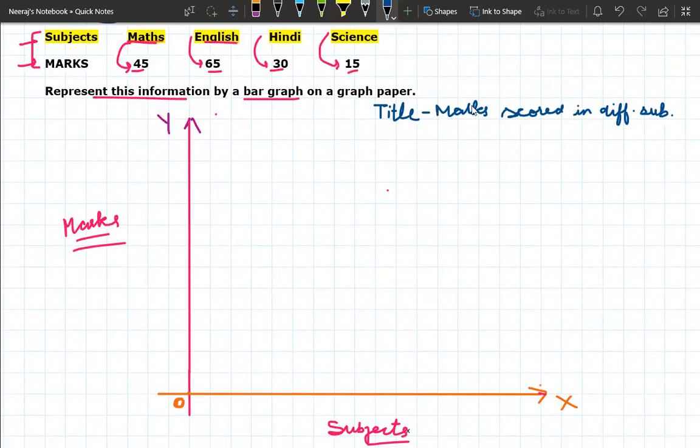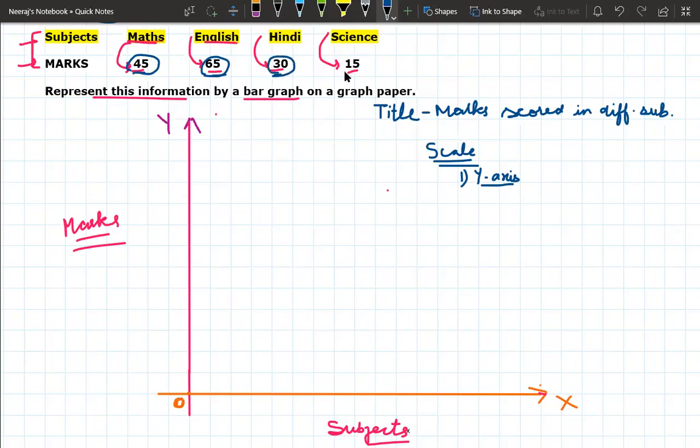Now from here I can observe that I'm constructing a bar graph of the marks scored in different subjects. Now I have to plot a bar graph. For it we need a scale, because here we have to mention these marks and also the subjects, so we need a scale. So firstly we will write the scale for the y-axis, right? So when you are setting a scale for the y-axis, what you will do, firstly we will see the number of the marks in different subjects.